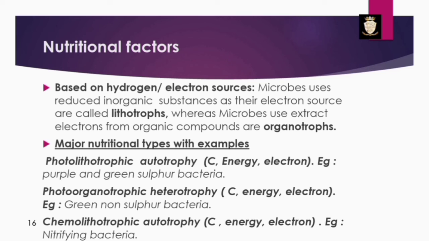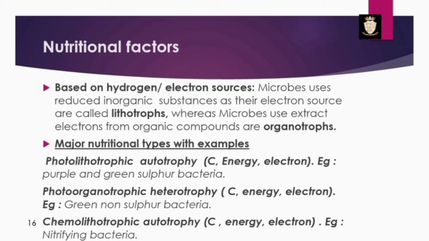Microbes that use reduced inorganic substances as their electron source are called lithotrophs, whereas microbes that extract electrons from organic compounds are called organotrophs. So the major nutritional types with examples: